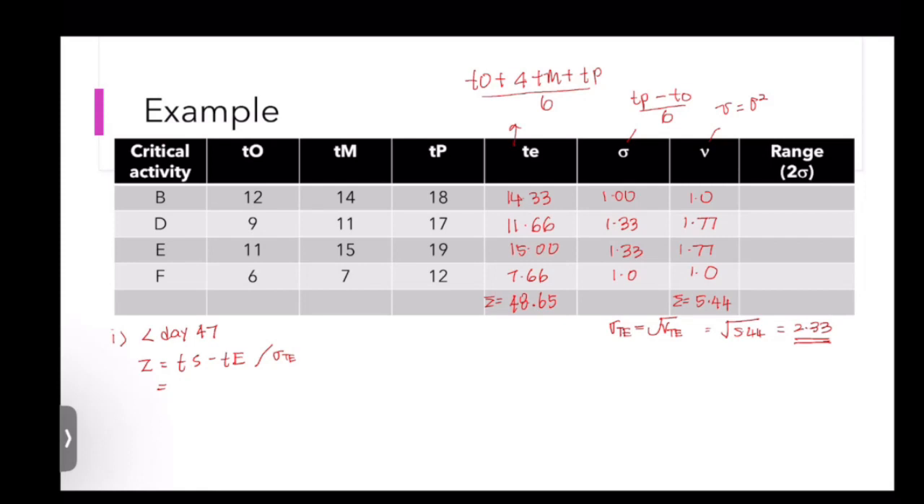So we want the probability project finish before day 47. It means at the end of day 46. So the TS must be 46, TE is 48.5, divided by 2.33. So here you will get 1.13. Okay, so from this value, we must refer to the